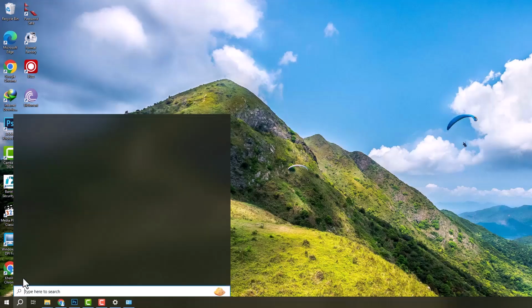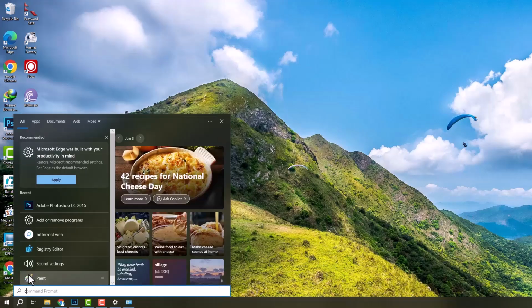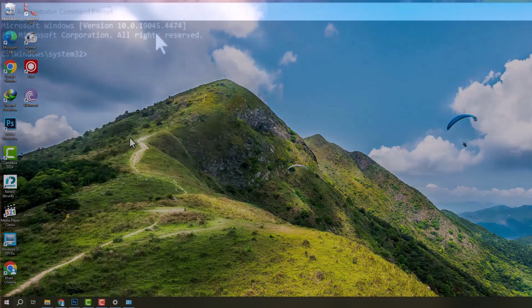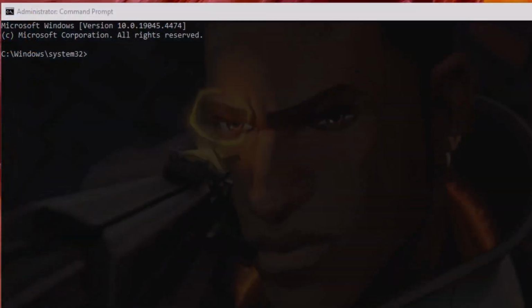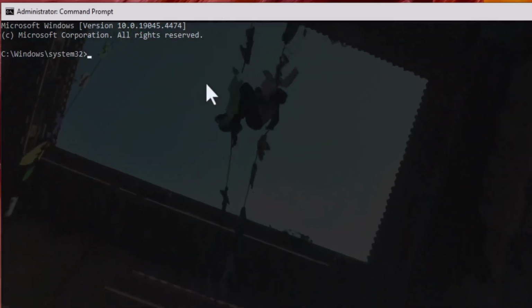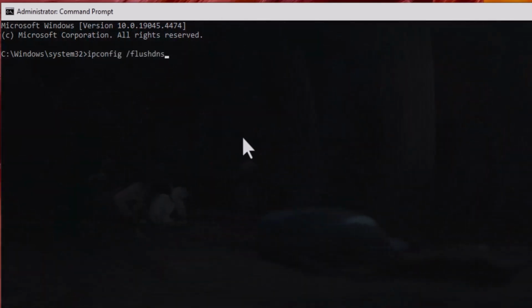Step 2. Open the Start menu, search for CMD, then right-click on Command Prompt and select Run as Administrator. Then, we will enter the following two commands, as provided in the video description: ipconfig /flushdns,